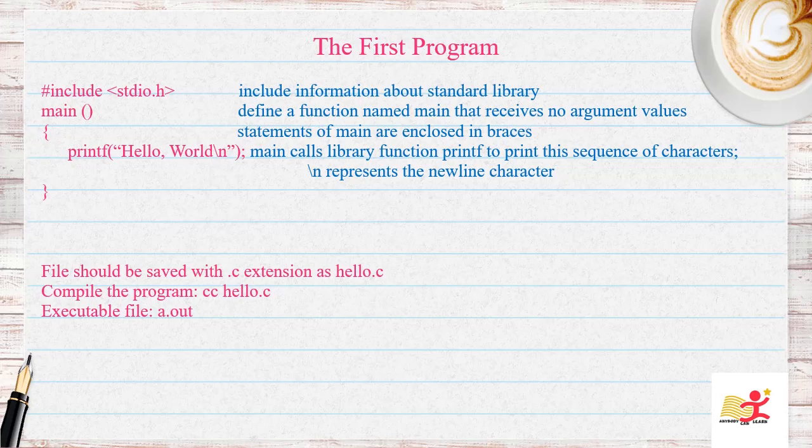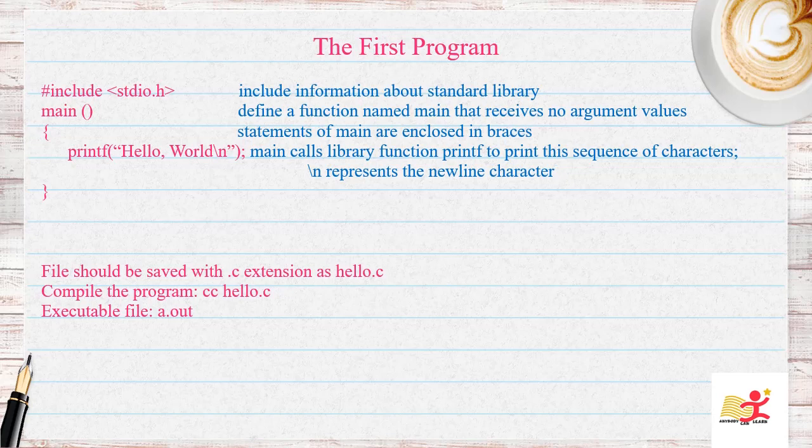This statement tells the compiler to include information about the standard input-output library. Do you know how functions communicate with each other? It's via arguments. The calling function can provide a list of values called arguments to the function it calls. How does it provide the arguments? You can see the parenthesis after main. Inside this parenthesis, the arguments can be listed. Here, the parenthesis after main is empty. That means main doesn't expect any arguments.